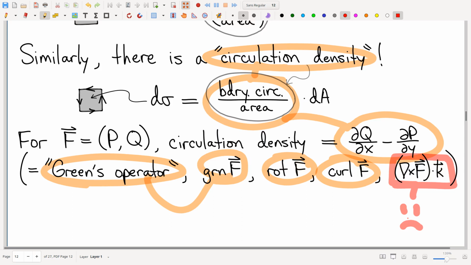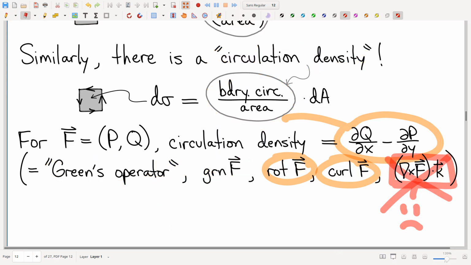In fact, if you look at what this expression is literally saying, it makes it look like you're doing a cross product, which is a peculiarity of 3 dimensions. We're not in 3 dimensions, we're in 2 dimensions. So I don't really think that's a thing in our context. I think this is very misleading and confusing. So I encourage you not to use that notation, but do be aware of it because you're going to see it, for example, in our textbook here and there, and probably in other places as well. Okay. All right. So with all of that settled,